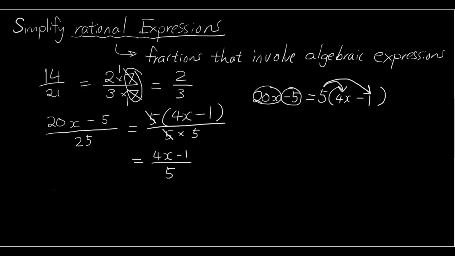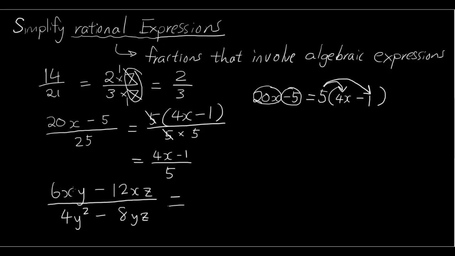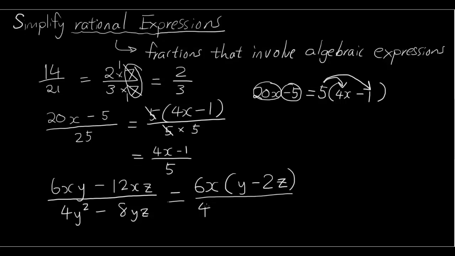Now let's do a harder one. I'm going to take out the common factor in the top. We have 6 and 12, so the common factor is 6. There's an x in both terms, so take that out, and then we're left with y minus 2z. Because 6x times y is 6xy, and 6x times negative 2z is negative 12xz, over 4 and 8, so let's take out 4. We've got y's in both terms, so y. Now 4y times y is 4y squared, 4y times 2z